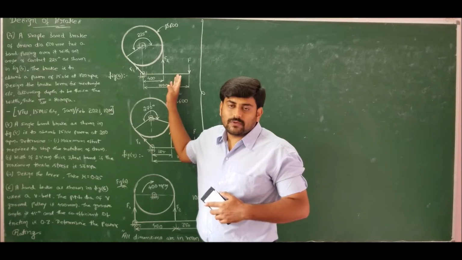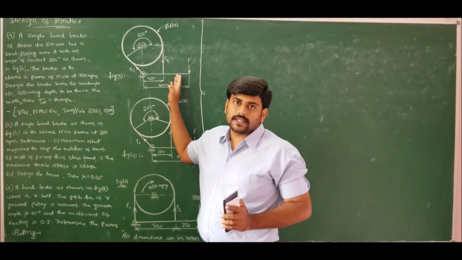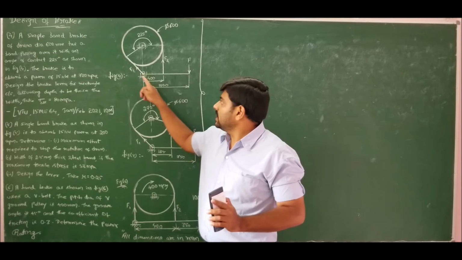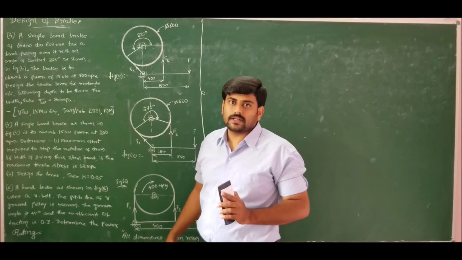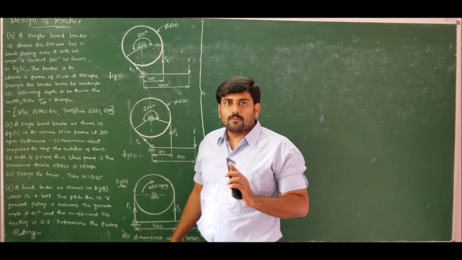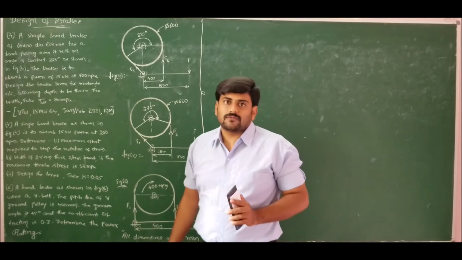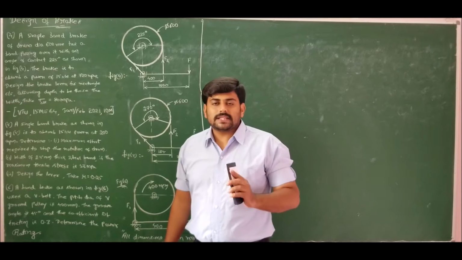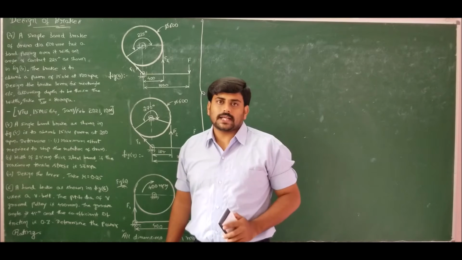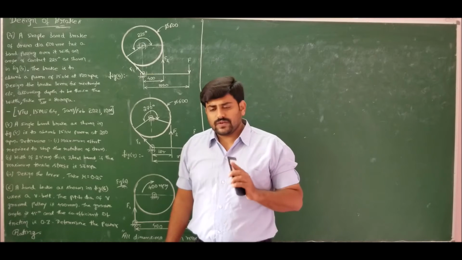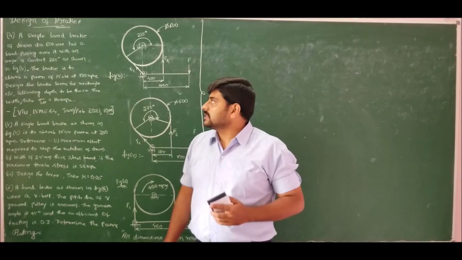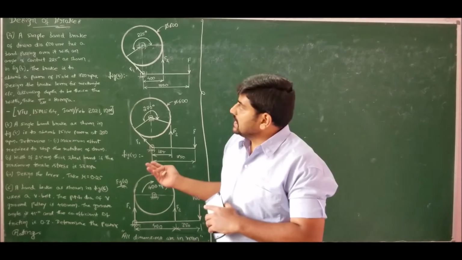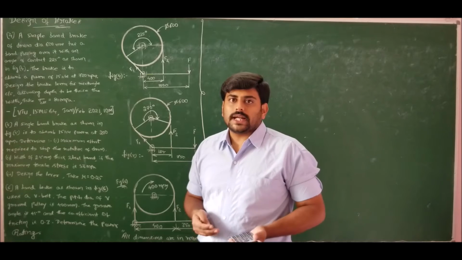So, the difference between the differential band brake and the simple band brake is that in the case of a simple band brake, one of the arms must be attached to the hinge. That is the condition to be satisfied. Whereas for a differential band brake, both the arms are attached to the lever itself. Hope the concept is clear. For better understanding, see page number 270 of our design data handbook. With this very brief introduction to the concept of simple band brake, let us solve numerical problems, which are easy to solve because we have the support of the data handbook.